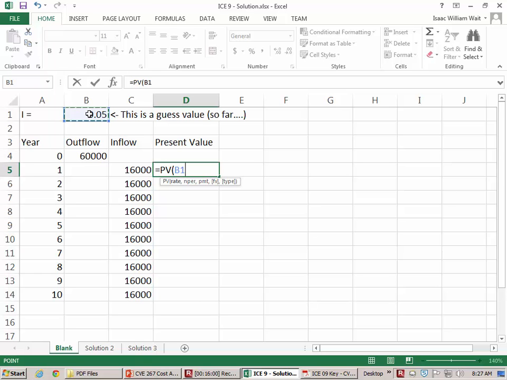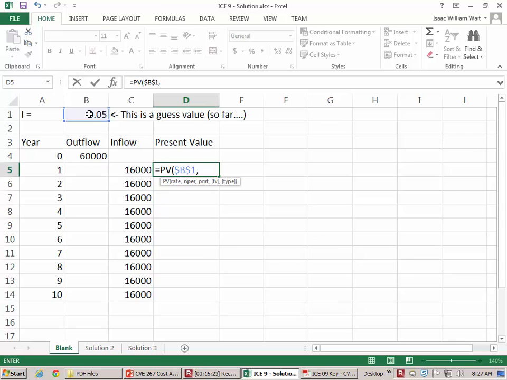So I'm going to push the F4 button on the computer, and it puts those dollar signs in automatically. See, it's got the dollar sign in front of the letter B, which means it's locked side to side, and the dollar sign in front of the number 1, which means it's locked vertically. Okay, so you could type the dollar signs in manually, but pushing F4 saves you that trouble. Okay, so now I put a comma,